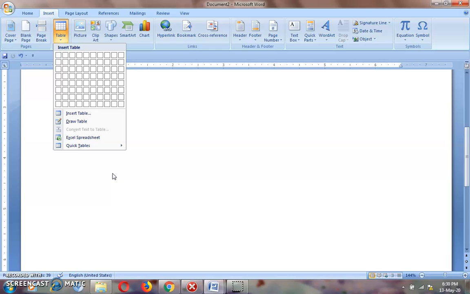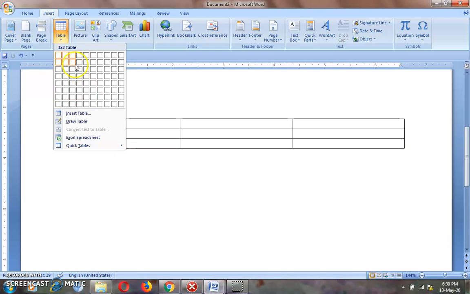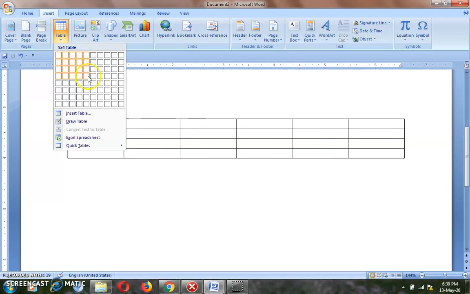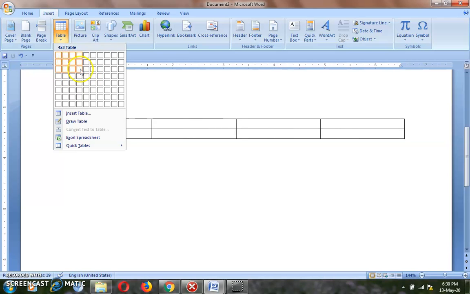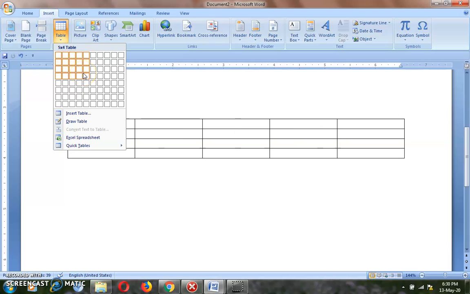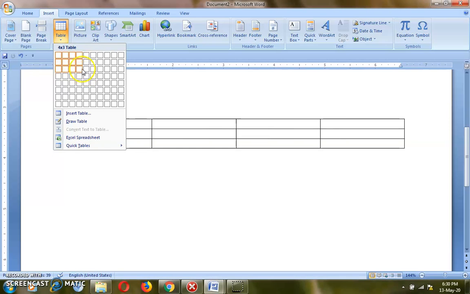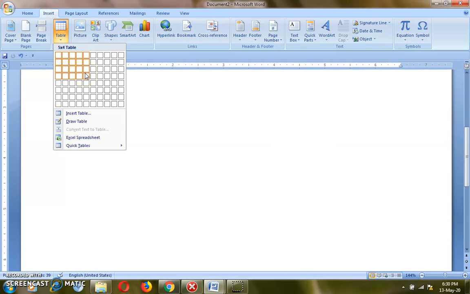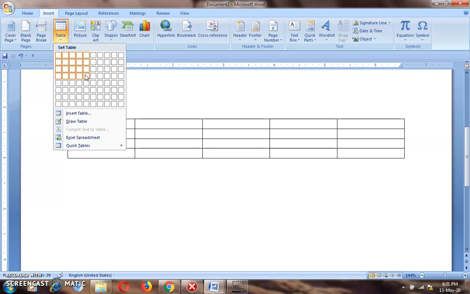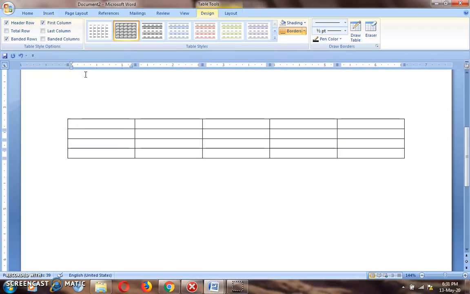First, by using the table button, that is this. From here, by dragging our mouse, we can select the number of rows and columns that we want to insert in our table, and that's it. By using the drag and drop method, we can insert a table in an MS Word document.